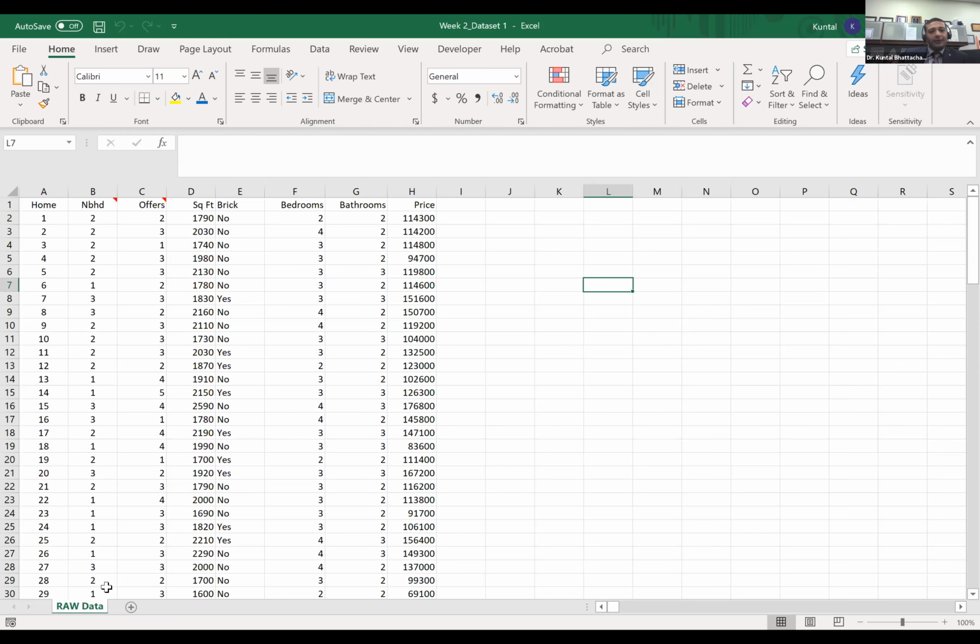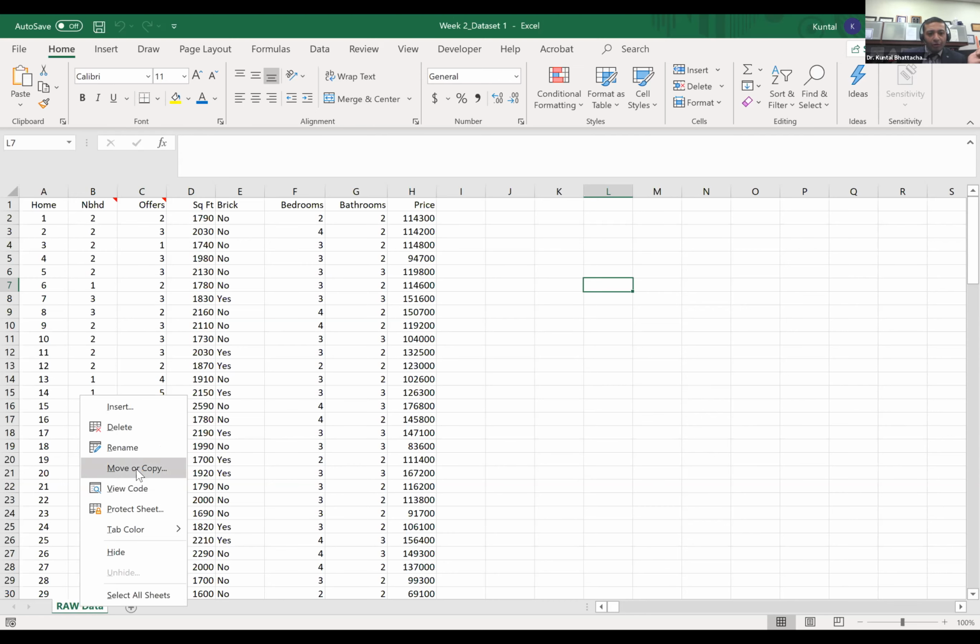And this tab is renamed as raw data primarily to remind me, the analyst, that I don't want to mess with this data set. I can mess with it somewhere else in Excel, but there should be at least one point in the Excel file where my data set integrity is kept. The original data is kept the way it is. It is very, very important because so much gets lost in translation as you keep working with the data set. So first and foremost, rename the original data as raw data, and then you right click on that tab,